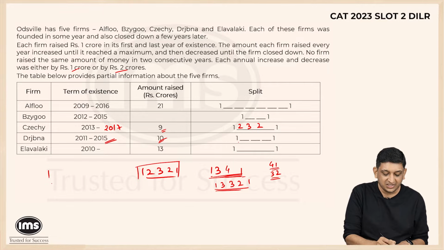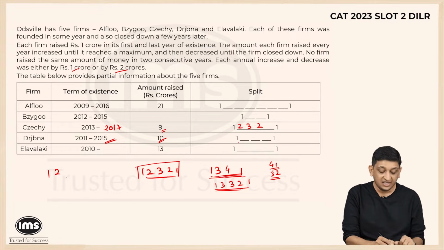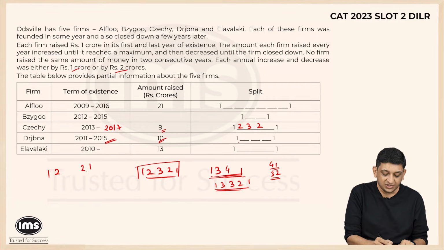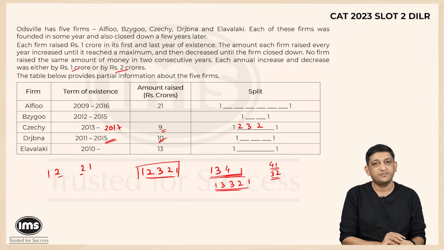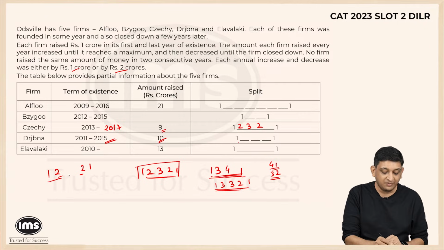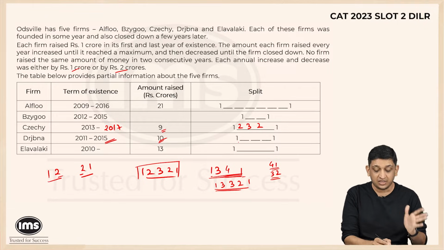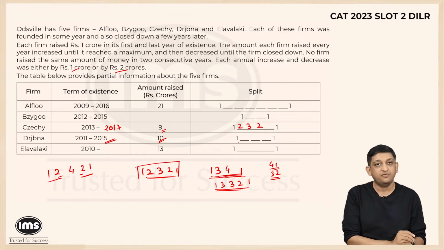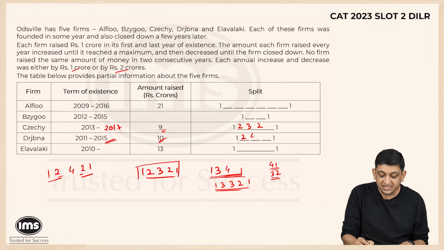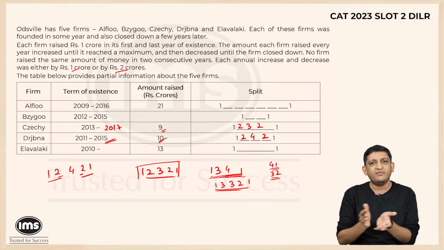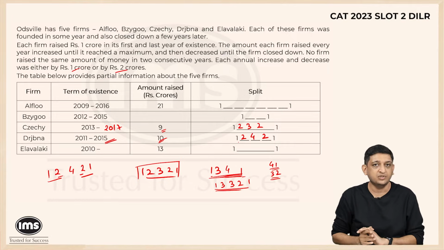We know that if it starts with a 1, it can go till 2 or 3 in the first year. And then if it ends at 1, it has to go to at least 2 in the last year or in the year before the last year, right? So 1, 2, dash, 2, 1 is the most conservative estimate that we have. Now that tells us that 1 plus 2, 3 and 2 plus 1, 3 are accounted for. The middle number has to be a 4. So there is one possibility that exists, which is 1, 2, 4, 2, 1, wherein we are not violating any of the conditions that have been given to us.